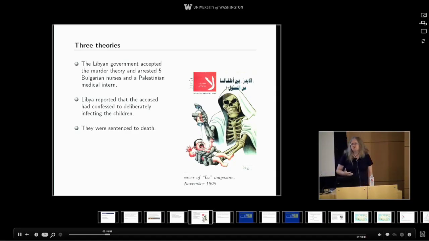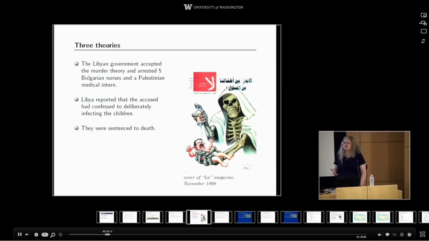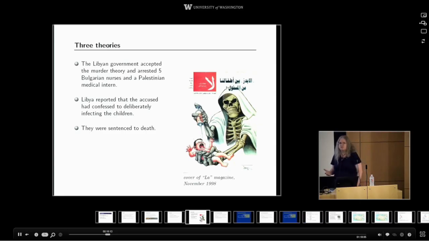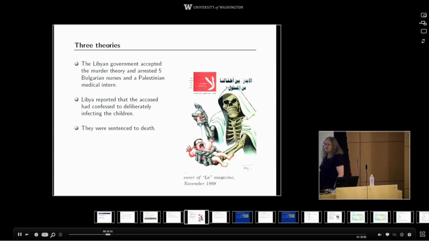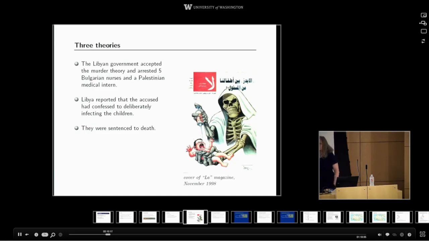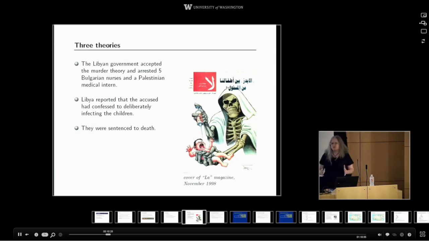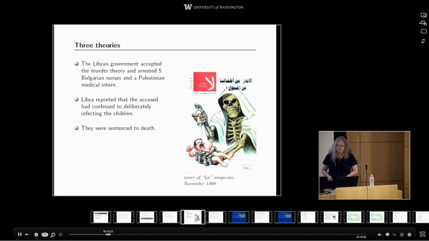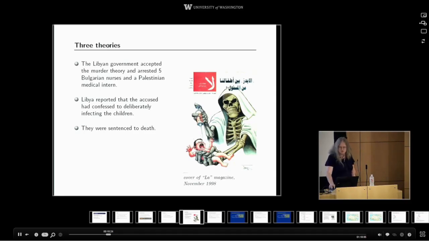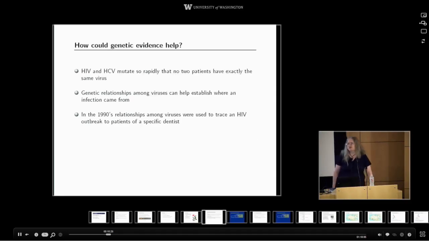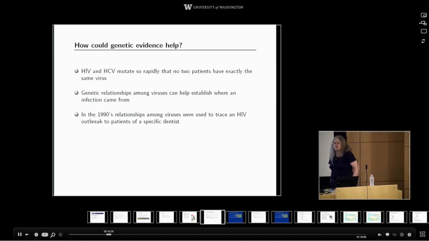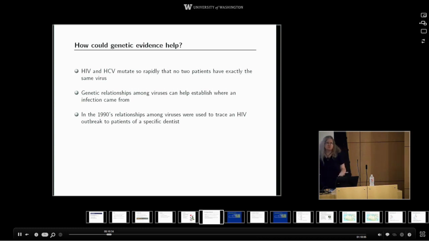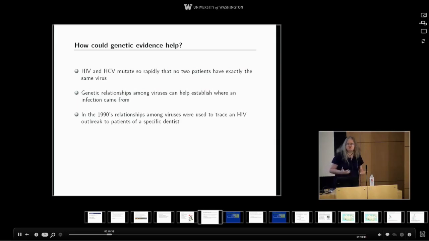The scientific community was really skeptical about these alleged confessions, which no one outside Libya had access to. And they wondered why anyone would have been motivated to do such a thing and to try to carry out such a large and difficult to hide conspiracy. So there was interest in whether genetic evidence could help establish whether these allegations could possibly be true. The alternative of going to El Fatih and asking questions was very difficult to do because of the political situation in Libya. So how can we do anything with genetics here?